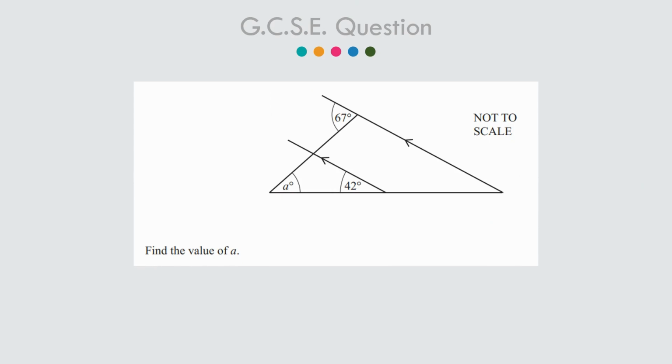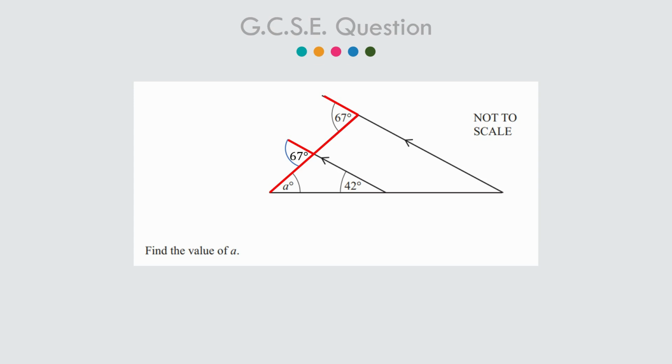In this question, we need to find the angle A. It would be easy to calculate angle A if we knew the other angle inside the triangle at the bottom. But we don't know what it is at the moment. If you look at the diagram, you should be able to see an F shape, so the corresponding angle must